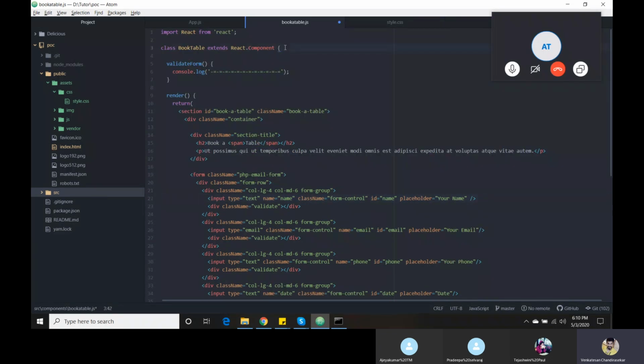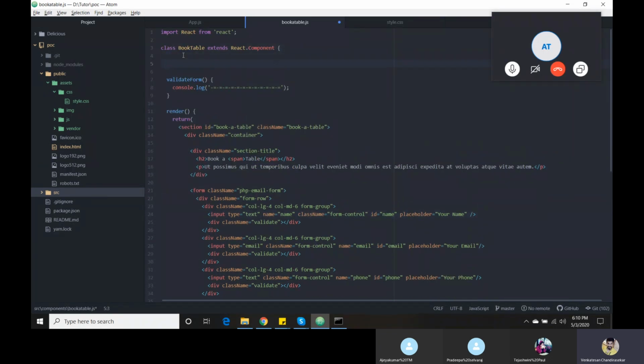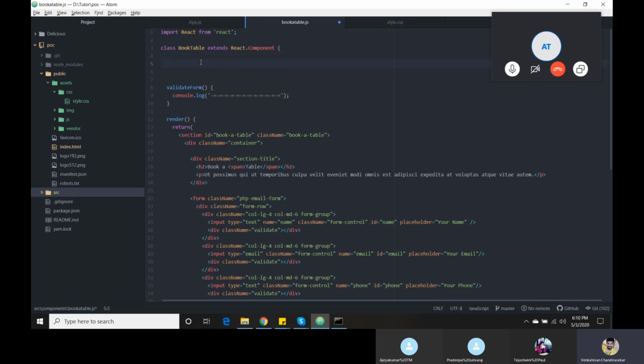Here, as I said earlier, a class component needs a constructor. The reason for a constructor is creating an object, initializing an object. Have you studied? Okay, you forgot. The reason for a constructor is creating a new object.